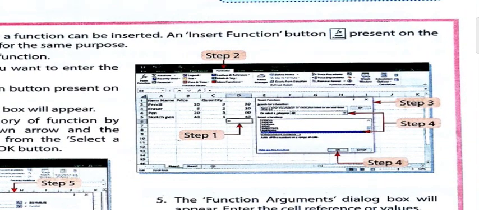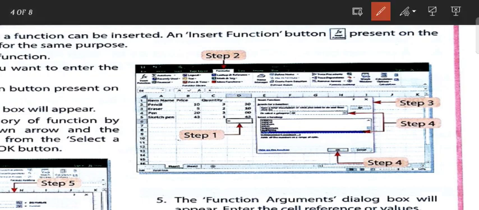Now I am going to discuss how to insert a function. In my previous video I already discussed how to write a formula in a cell. First, we need to type the equal to sign. Here you can see the equal to sign. Then go to the formula tab option.